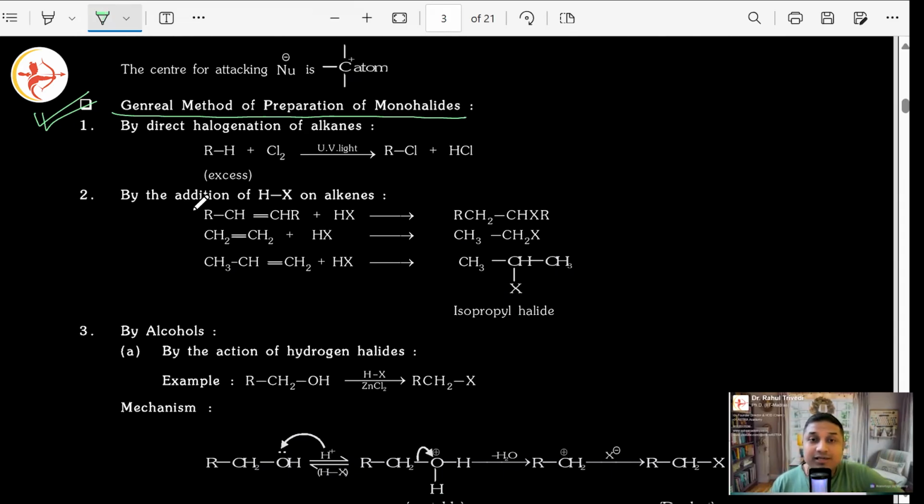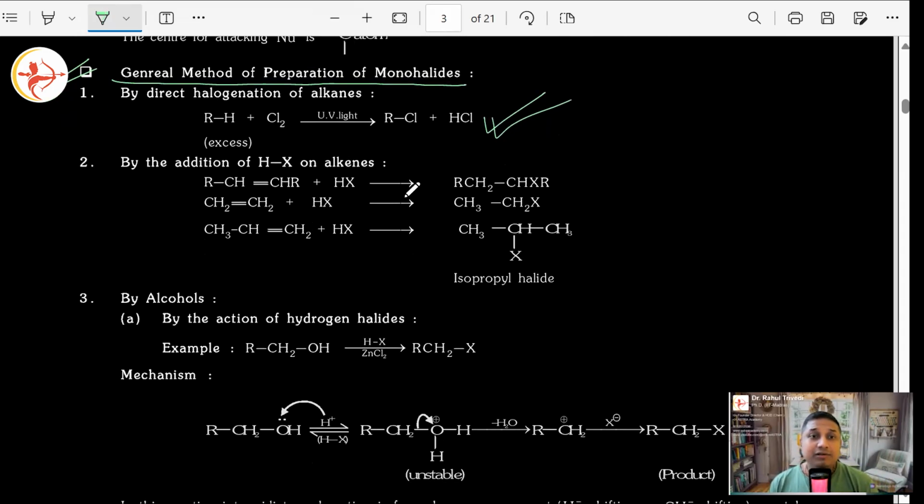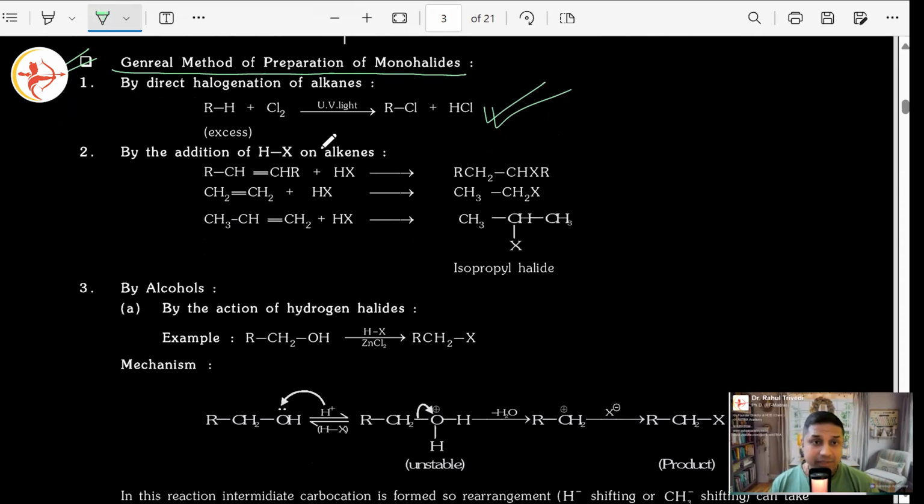They're quite strong, correct? So for that, we need UV light or sunlight, and then only free radicals are generated. Those chlorine free radicals can substitute hydrogen from here. Got it? I hope you know the rest. I'm not going into that detail. This is the process of halogenation which is happening.